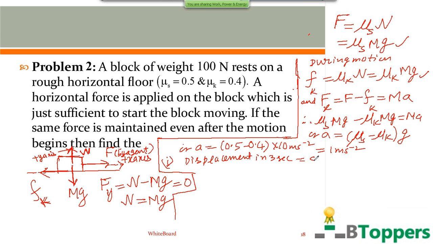It can be found by using the formula s equal to half a t square. If a body starts from rest and moves with constant acceleration, then the displacement covered in time t is given by s equal to half a t square. t is equal to 3 seconds here. So that comes out to be 9 by 2 meters. So the work done by the agent for 3 seconds